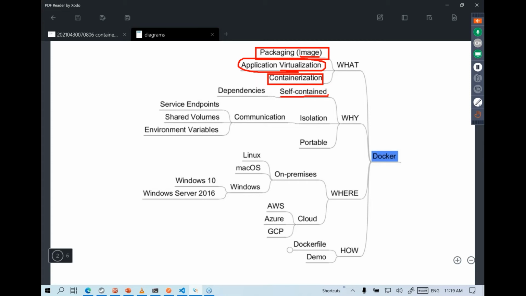This way we should be able to deploy it wherever we want without worrying about whether we have some dependencies in the program files folder or in some other OS level file system folder. We shouldn't be worried about that at all. It allows us to create a self-contained image that contains all the dependencies, and this way we will be able to isolate our application from our host operating system and also from the rest of the applications as well.